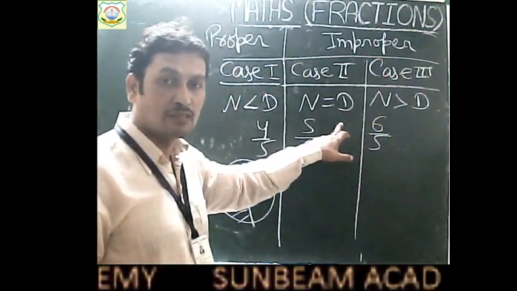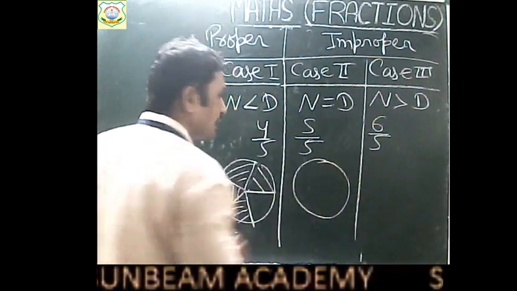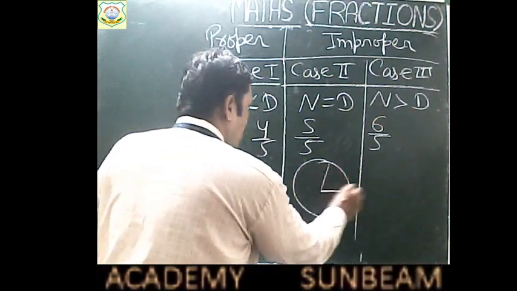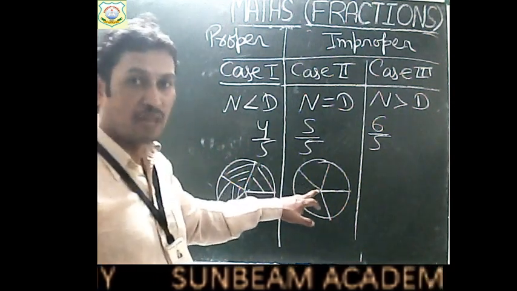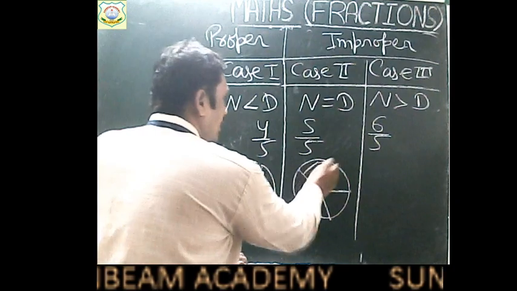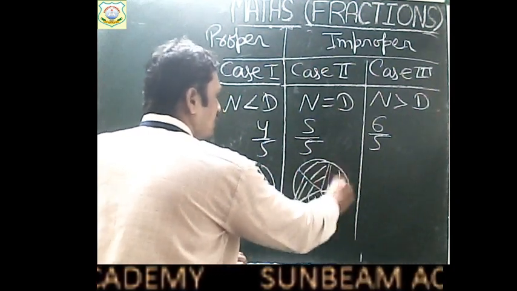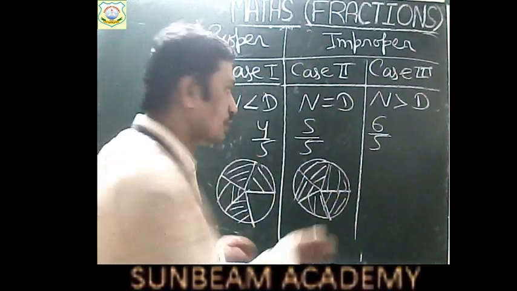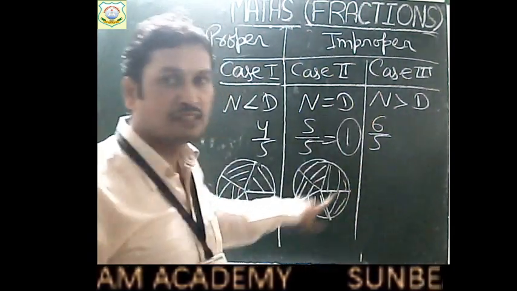Numerator is equal to denominator means what children? It means that if there is an apple and we have made 5 partitions of this, suppose 1, 2, 3, 4, 5. Then out of these 5 partitions, we have chosen all 5 parts for us. So if all 5 parts are taken, okay, then we will get the whole apple, children. Am I right? You will get the whole apple. So you will say that I have got 1 apple. Whole is represented by 1.